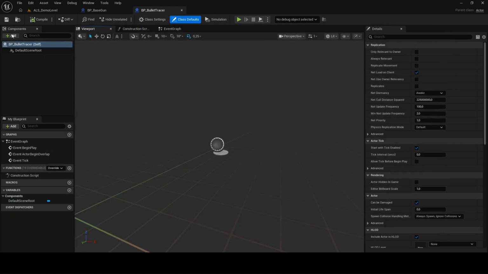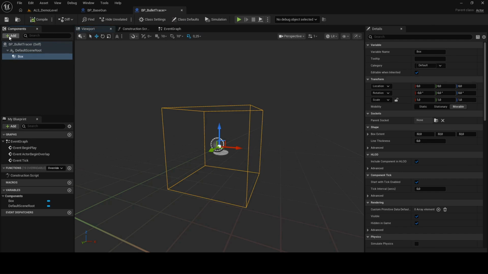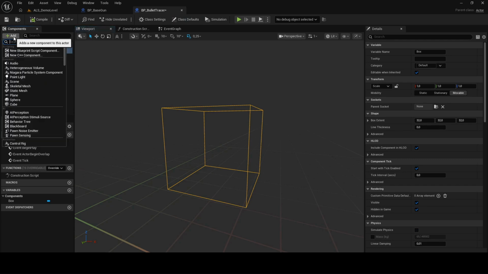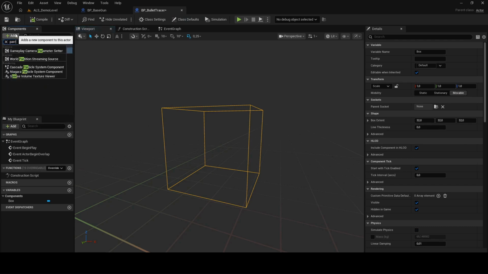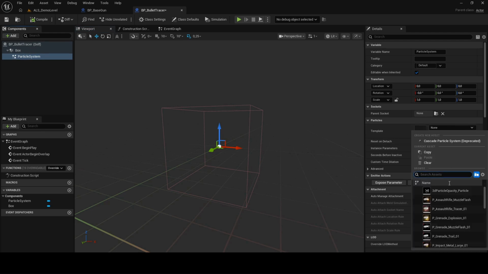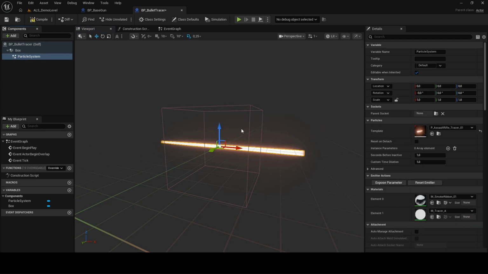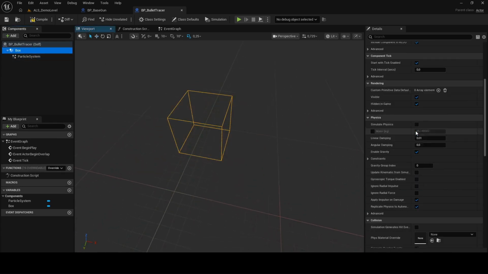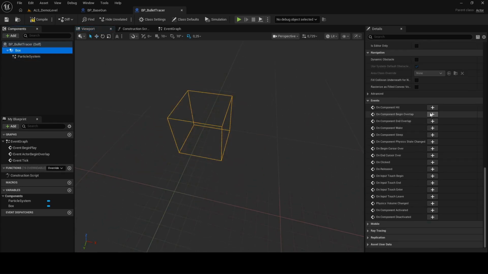Inside of that, we can add a box collision, drag it down to the default scene root to make it the new scene root, and add a particle system, the Cascade particle system component. The template will be the assault rifle tracer,